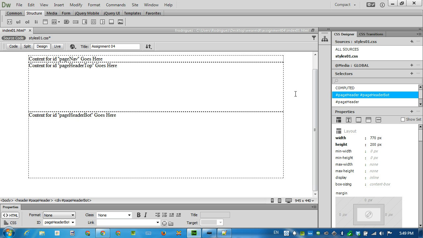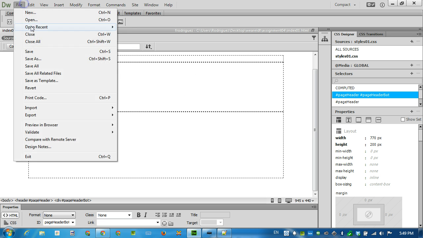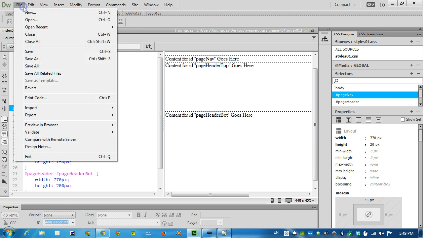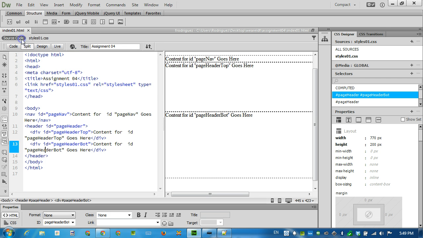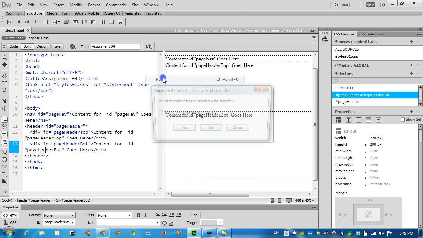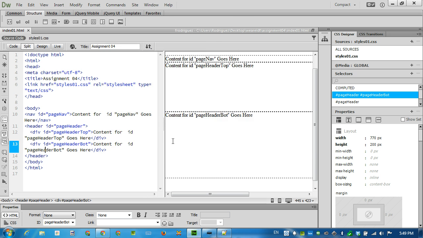Something that you can do at this time is save, file, save. This will not save your styles. You see the asterisk is still showing. That means that it has not been saved. You can click on styles and then tell it to go and file and save, or you could publish. We can just press the file management arrows, tell it to put, say yes, and while we're at it, I'm